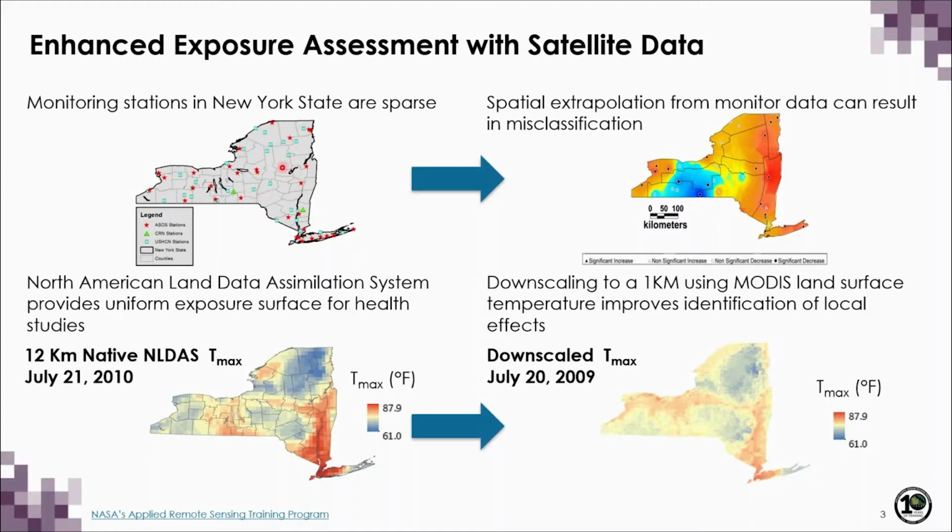So the gray lines are the county boundaries, along with the monitoring stations. So all those dots are different kinds of monitoring stations across New York. And there are multiple counties here in New York where there are actually no monitoring stations. And the rural areas are especially underrepresented. So we did not have information in these areas before.